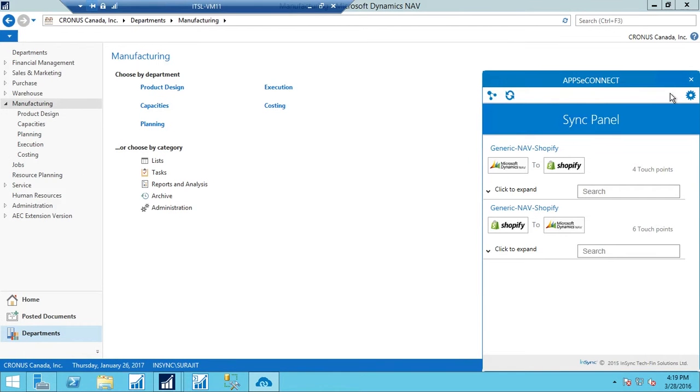So this is the Appsy Connect agent, which is installed on the Navision server. The entire configuration of the connector, all the value mapping, all the field mapping, all the tax and shipping mapping, everything is done on Appsy Connect Cloud. The engine of the connector resides inside the Appsy Connect agent, which is installed on the Navision server. And here we have the two sets of